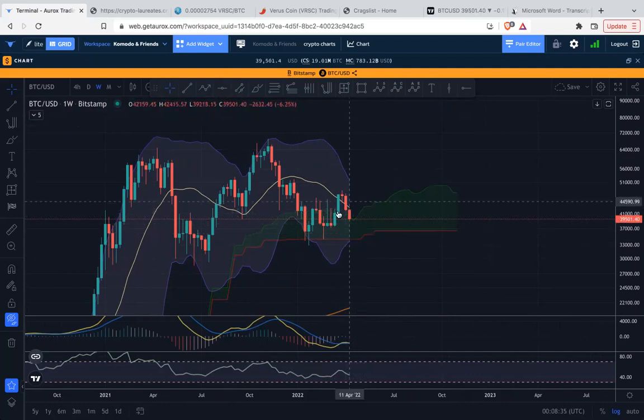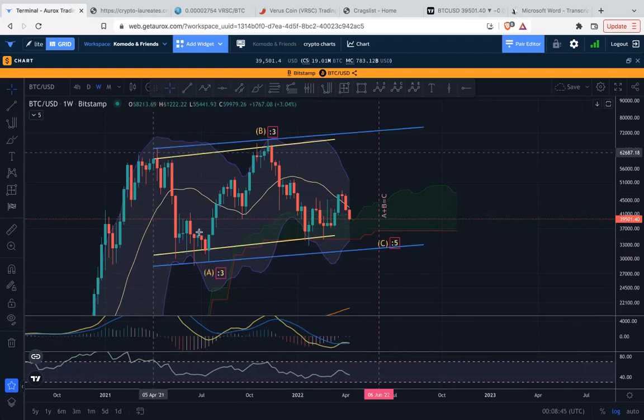So the next thing is, how long will we be down here? And I'm taking a Neo Wave approach. We're going to consider an A, B, C flat pattern, and we're going to look at a time where A plus B equals C, and that's going to bring us here, using basically high to high. That time is equal to around the week of the 6th of June. So if we take the week of 6th June, that could be a turnaround time. So watch for some price action to hang around here and do its thing, and look for the price action to turn around this time.